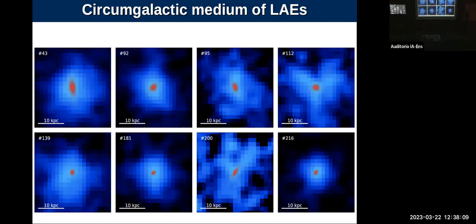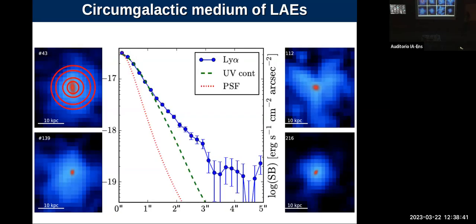In the center, you see the Lyman-alpha emitter, so that in red. And around that, what you see is diffuse Lyman-alpha emission. So this is the circumgalactic medium of the Lyman-alpha emitter, or also what is called the extended Lyman-alpha halo of the Lyman-alpha emitter. So in order to see this in a more mathematical way, you can put annuli around the Lyman-alpha emitter, and you can measure the surface brightness within each of these single annuli. So if you measure the surface brightness within each of those annuli, you can have a Lyman-alpha surface brightness profile.